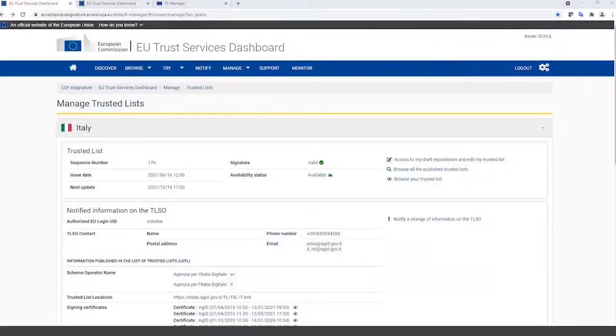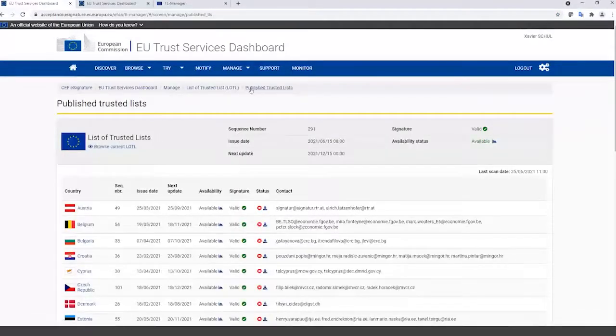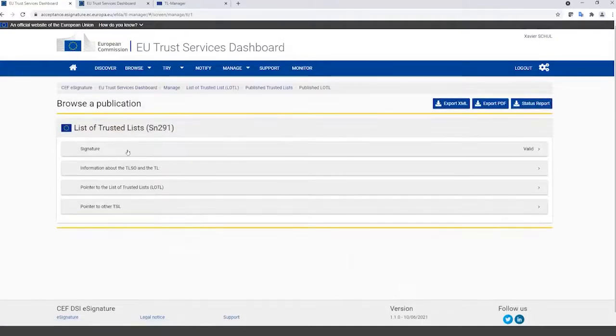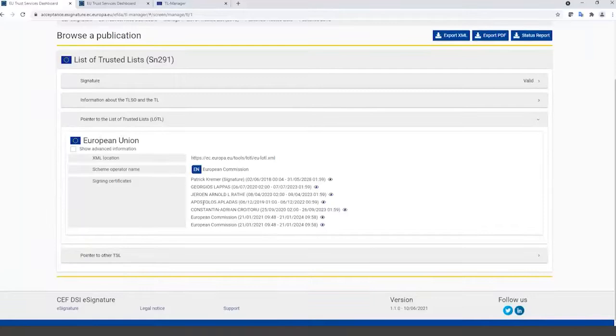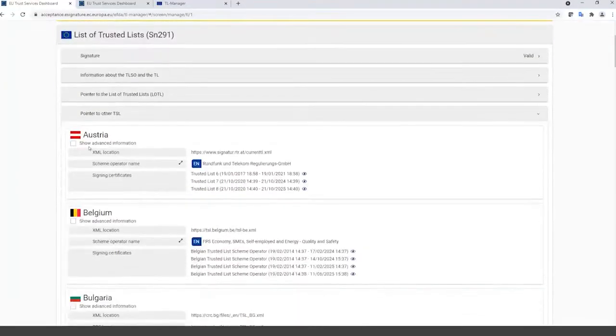Okay, so the last thing I would like to show you is how the LOTL is displayed. So if I click on see all the published trusted lists and I want to see the list of trusted lists, I can browse it. And here again, we have information on the signature. We have information on the LOTL and the LOTL-SO. There is again the pointer to the list of trusted lists as for the trusted list, but what is new is that now we clearly see the pointer to the other TSLs